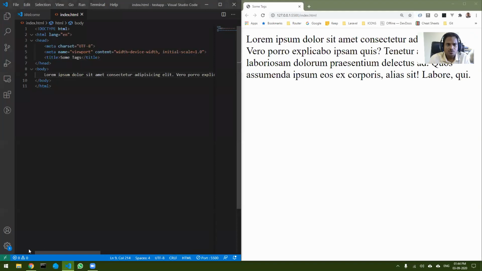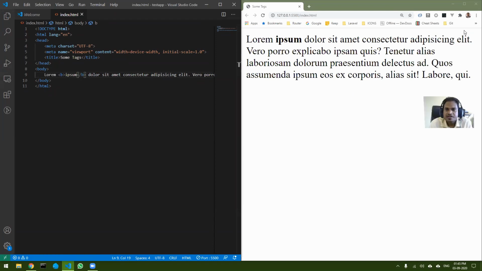Now what I want to do is teach you some additional tags. Those tags are not much used, but sometimes they help. The first example is the bold tag. If I want to bold any specific text, you can see the result: it bolds that particular text.